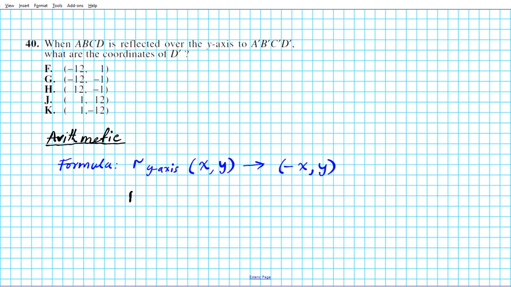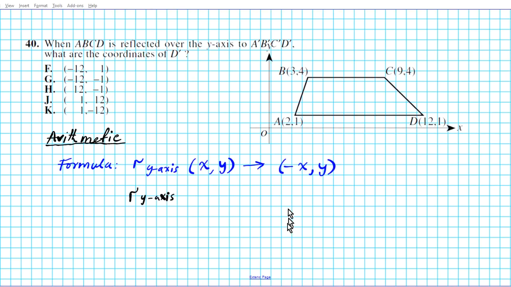So we are reflecting about the y-axis. We are reflecting point D on the trapezoid. So that's the trapezoid for you there. So we are reflecting point D. We just need a coordinate pair for point D. So point D is